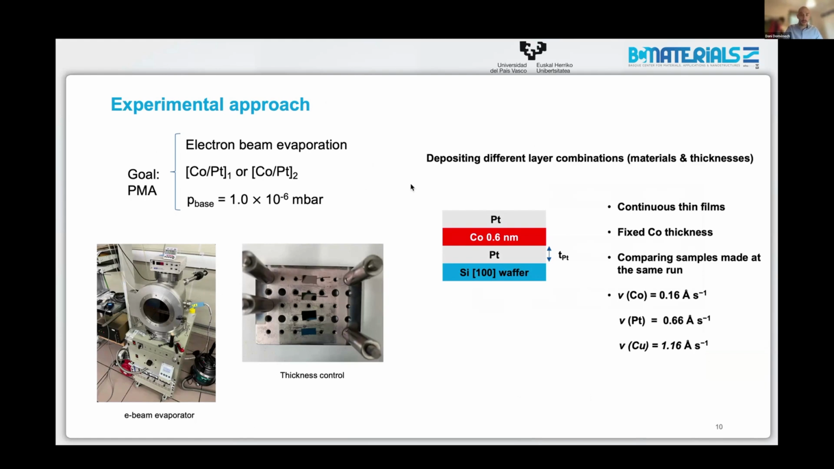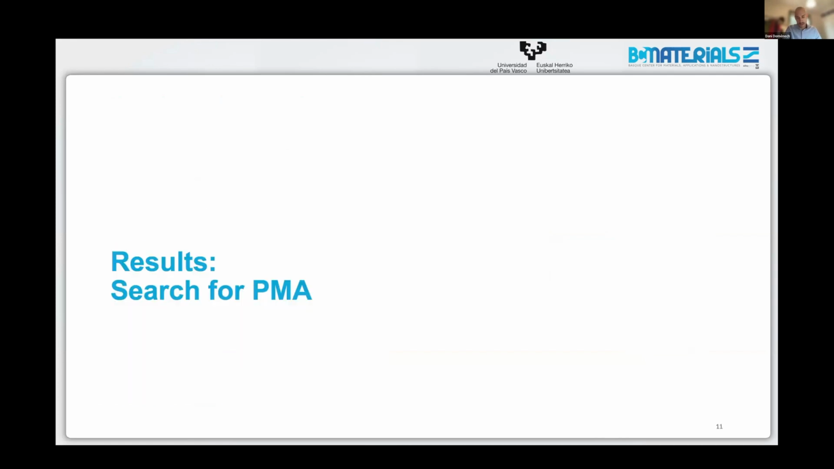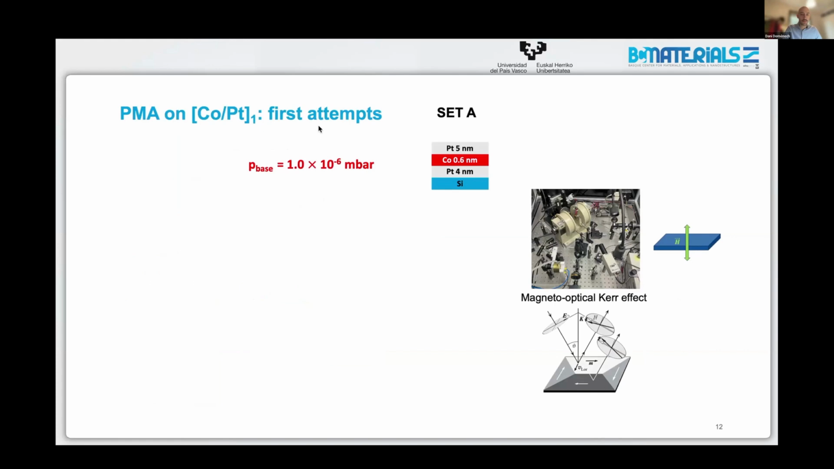For the results I'm going to present next, we will maintain the cobalt thickness fixed at only 6 angstroms, and we are going to vary the thickness of the non-magnetic layers. Okay, so let's move to the results. Let's see if we can obtain perpendicular magnetic anisotropy under these rough vacuum conditions, starting with samples containing only platinum